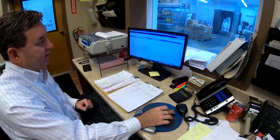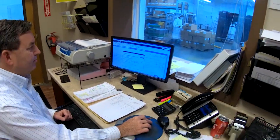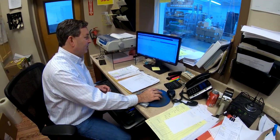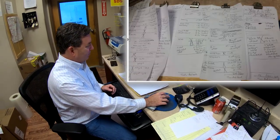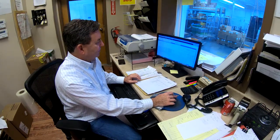All the weights have been populated, and all we have to do at that point is print the ticket out. It's much faster, and it's also much more accurate. We used to take hand weights and write them down on a piece of paper, then enter them in manually here. I can manage the production basically from in the office at this point. We have significantly cut down on errors since we started the